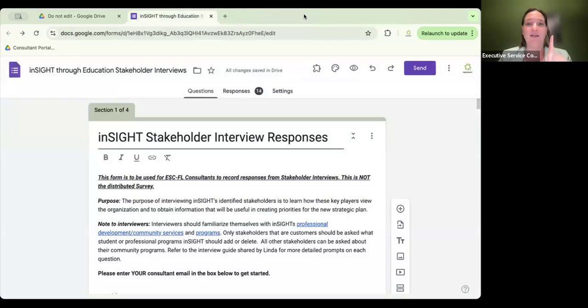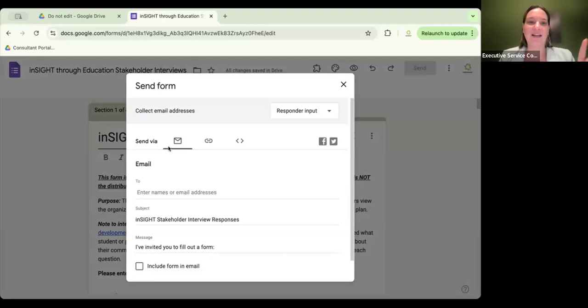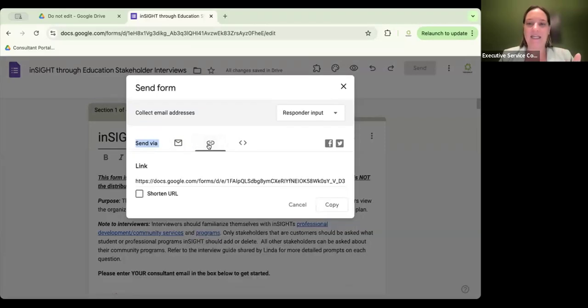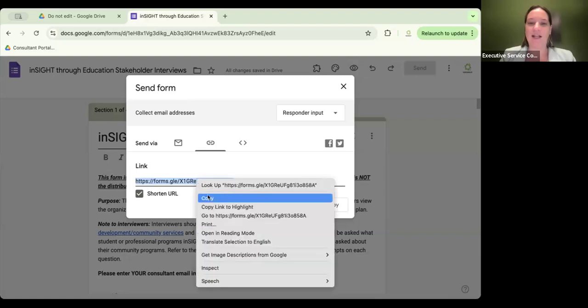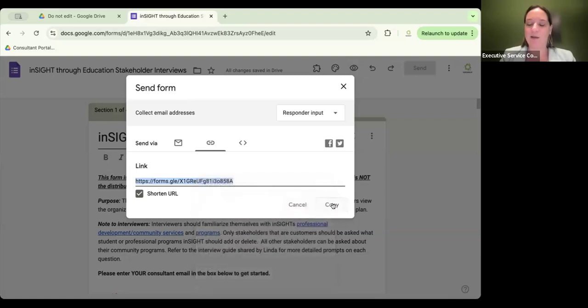The other way to distribute this, the front end of the link, besides emailing it to people, is to click the purple send button. And instead of send via email, you can send via a link. So from email, go to the right and click link. And in this case, they give you a nice option to shorten the URL, which is what I like, because it goes from this ugly, long link to this cute little forms link. Now you can, of course, highlight that by clicking on it, right click and copy, or you can just click this button, copy,